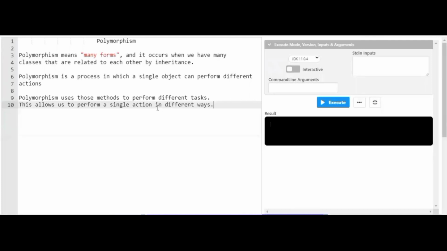If you didn't get exact clarity about the definition, once we get to the coding part you will have a better picture of how exactly polymorphism takes place, as well as in the real life entity. So polymorphism is a process in which a single object can perform different actions. Polymorphism uses those methods to perform different tasks. This allows us to perform a single action in multiple different ways.